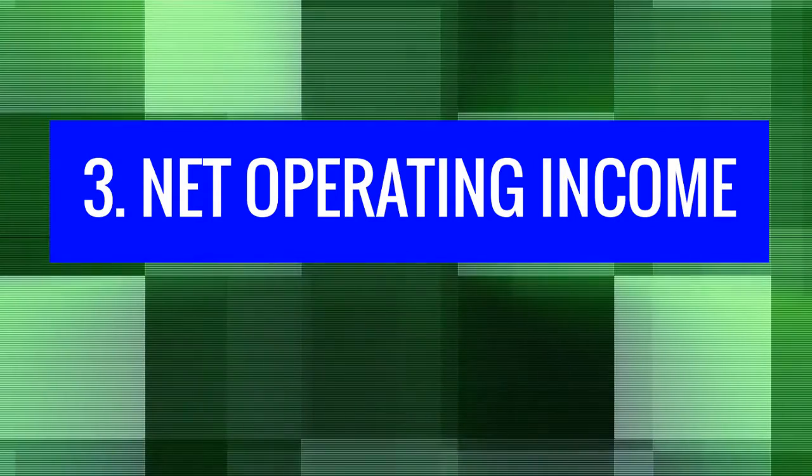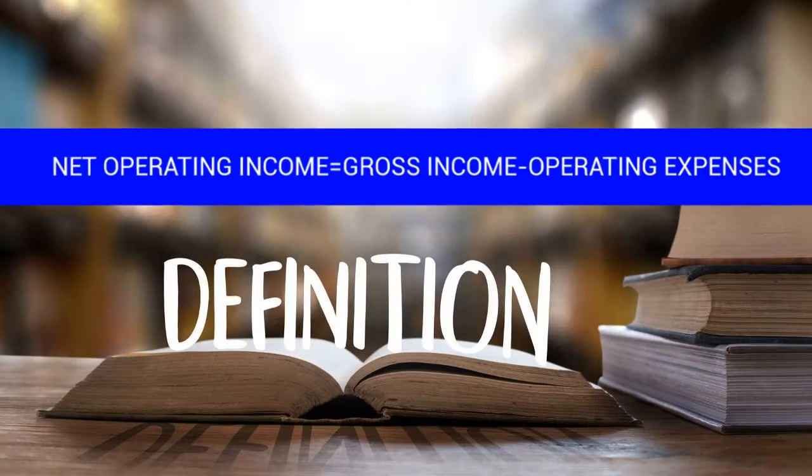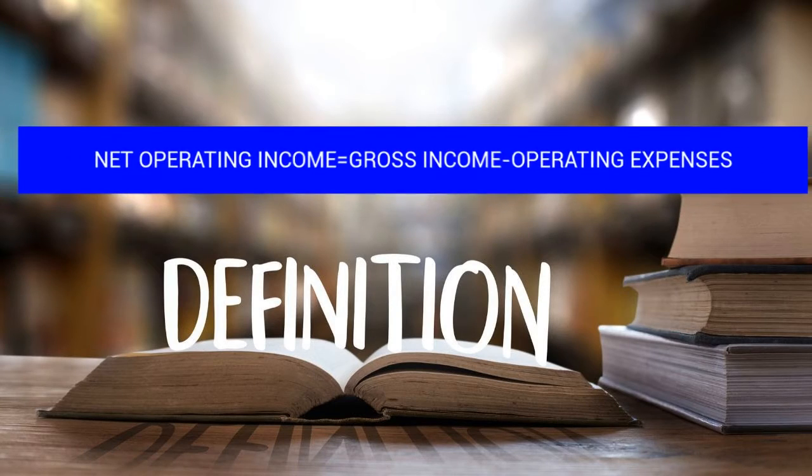Number three, net operating income. Now, net operating income is defined as gross income minus your operating expenses. So think about it this way. Net operating income is essentially the ability to measure the income producing capability of an investment property. Now, that's important because when you're looking at two different types of investments, you want to see what kind of income you're making, right? I mean, bottom line is you're buying the income producing capability of an investment. You'll notice that we didn't say anything about debt service. So debt service is not figured into net operating income. It comes into our next term.